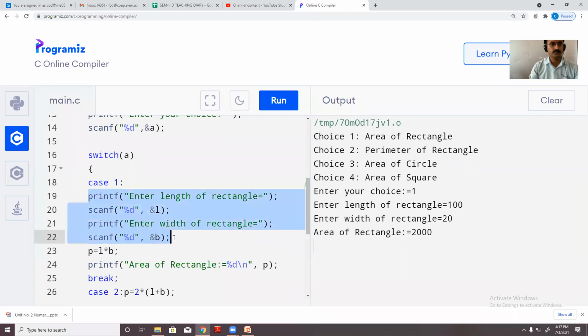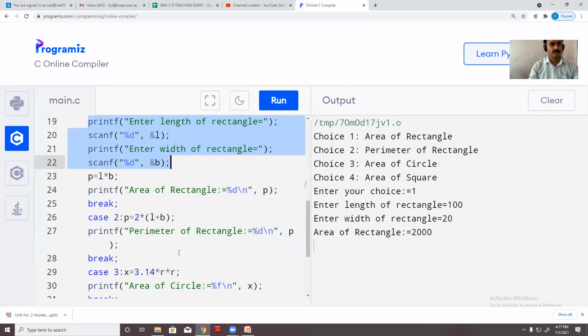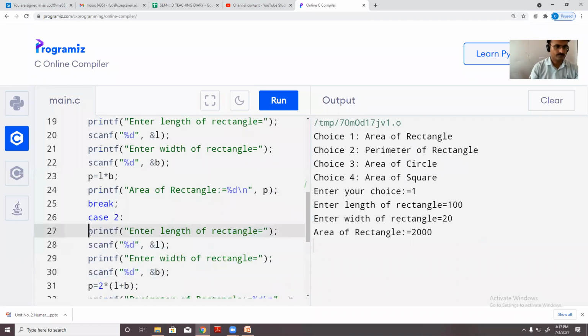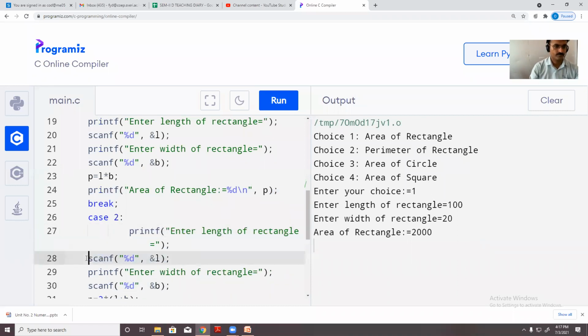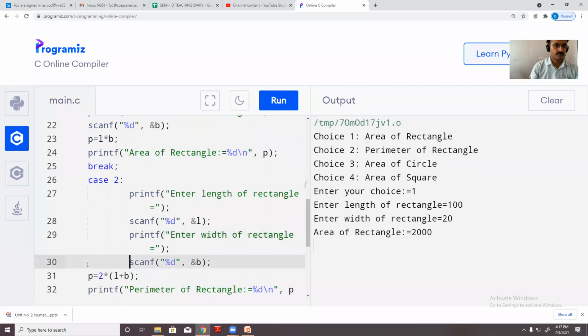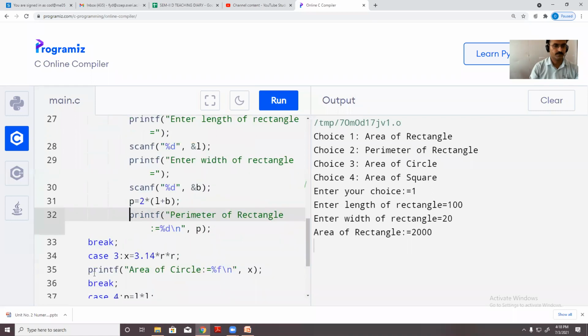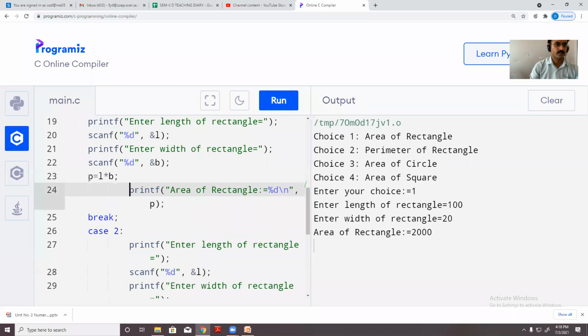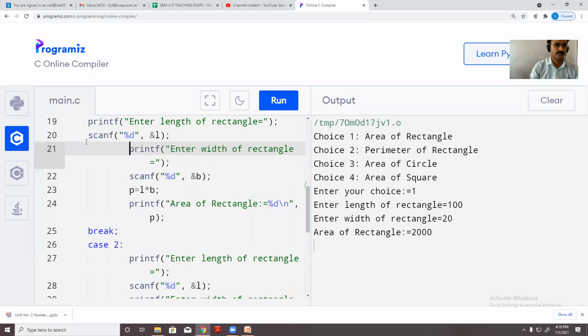Similarly, I can use this for perimeter. So don't forget to maintain this indentation. Indentation helps us understand your brackets and the body of statements very easily.